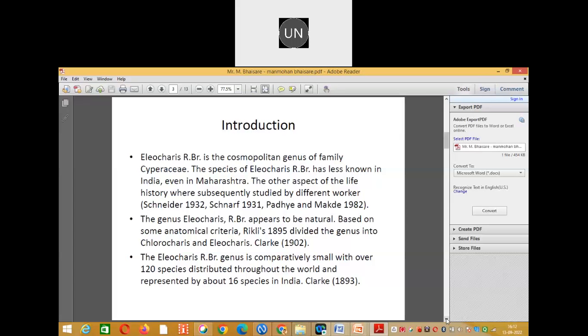Introduction. Eleocharis is a cosmopolitan genus of family Cyperaceae. The species of Eleocharis R.Br. are less known in India, even in Maharashtra. The other aspects of the life history were subsequently studied by different workers: Kander in 1932, Chanag in 1931, Padde and Makde in 1982. The genus Eleocharis R.Br. appears to be natural based on some anatomical criteria. Raclus in 1895 divided the